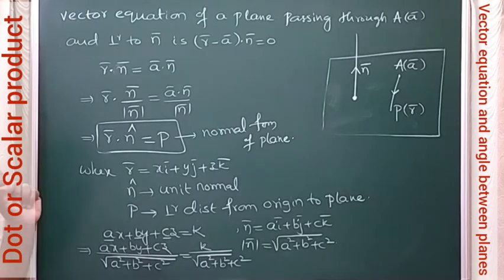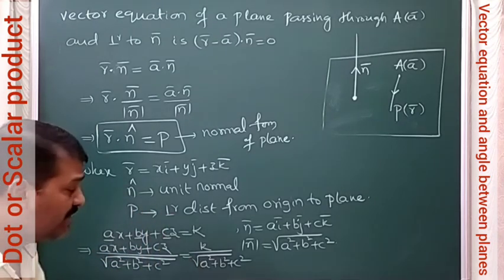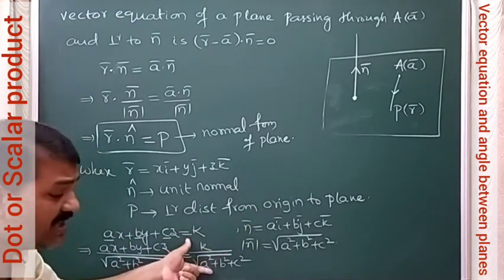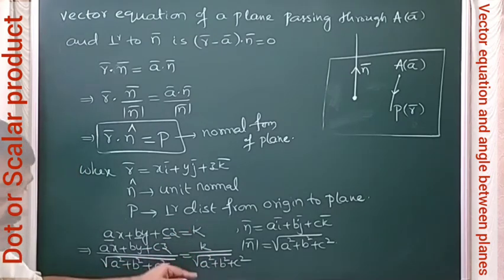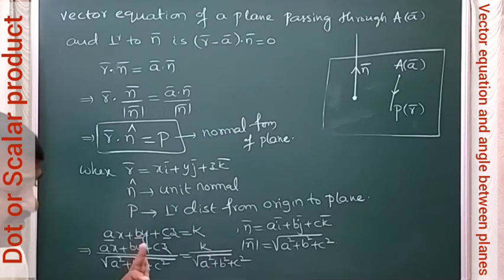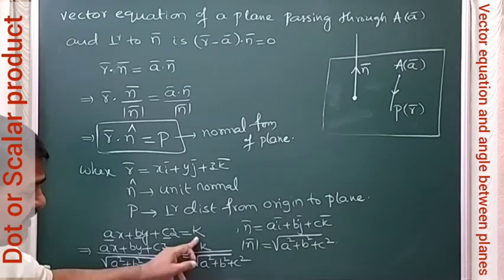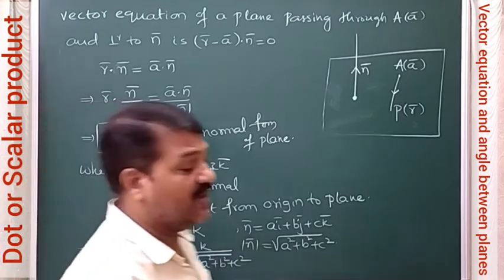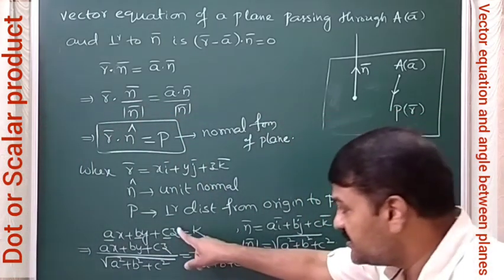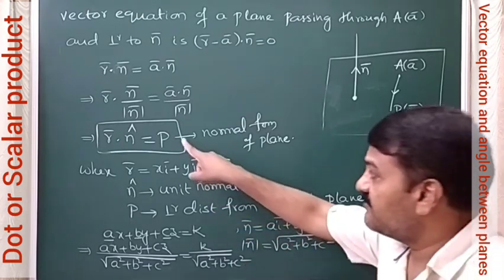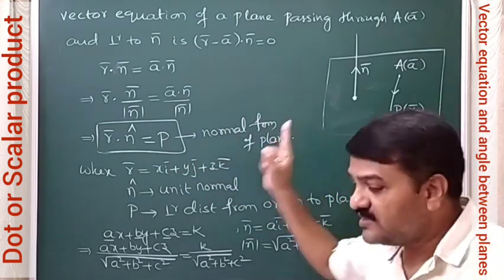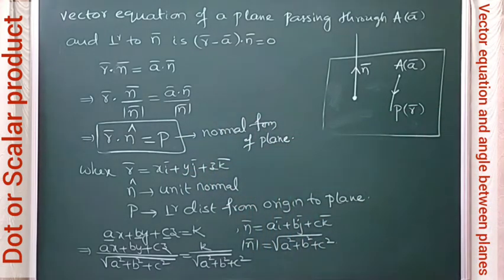And remember, the RHS must be positive only, because the RHS represents the perpendicular distance from the origin to the plane. For example, if you have a negative quantity here, multiply by minus on both sides first. Then you will get a positive quantity, which becomes the perpendicular distance, and hence it becomes the normal form. So for Cartesian form this is the process you have to adopt, and for vector form you get this, which is called the normal form of the plane.